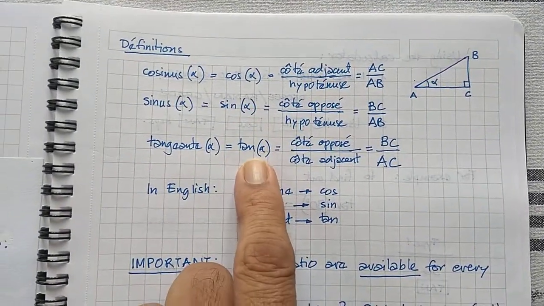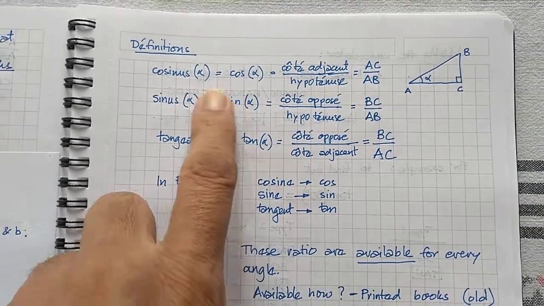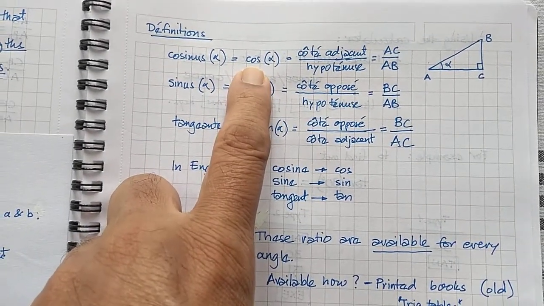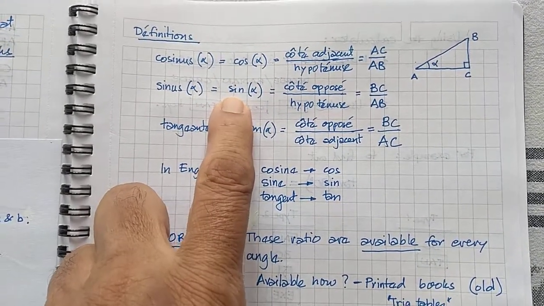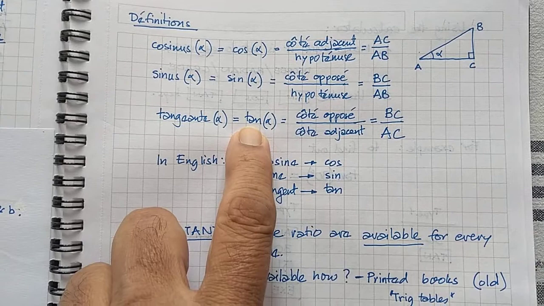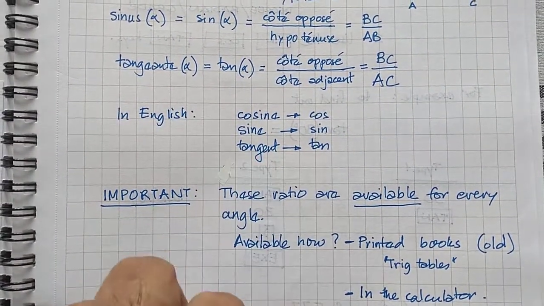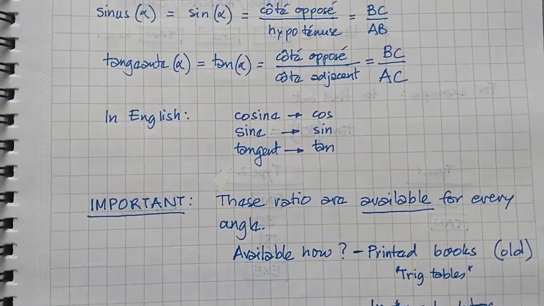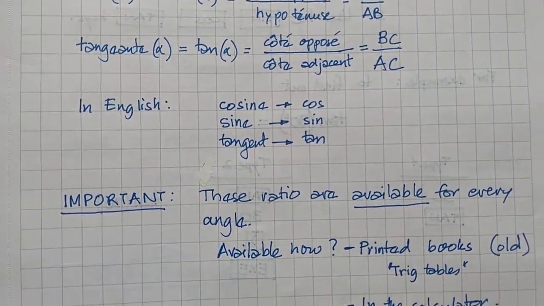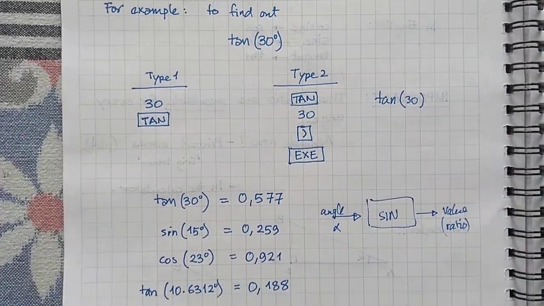cos, sine and tan. In English, cosine, short form cos. Actually in French you don't say cos, I think you say only cosinus. There is no short form of cos. For sinus you say sinus, for tangent you say tangent. In English you can say cosine, sine, tangent, but you can also say cos, sine and tan. I don't think you can do that in French. So, we looked at that, we figured out how to use the calculator to calculate these ratios, and then in